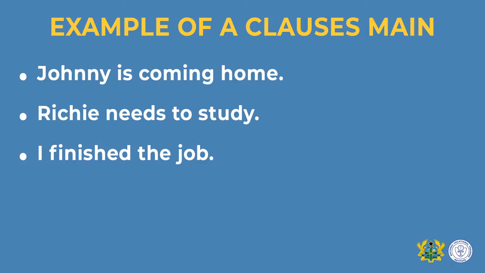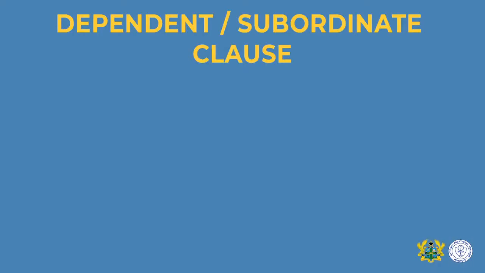I finished the job. Another example too is he danced well. We can see that all these examples we have there are basically major sentences. That makes sense. Let us look at the other type of clauses, which we call the subordinate clause or the